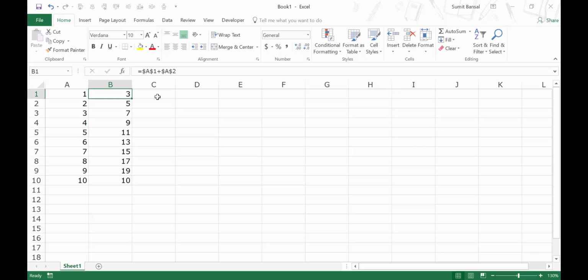So you see what happens when I copy this and paste it here. It will copy the exact reference. It will not change it. Now this is a good technique, but it is not always practical because if I double click on this, you can see it will copy the same formula in this entire column, and I do not want this. I want these references to change. So I would press Ctrl Z. If you can use it, it's a good idea,